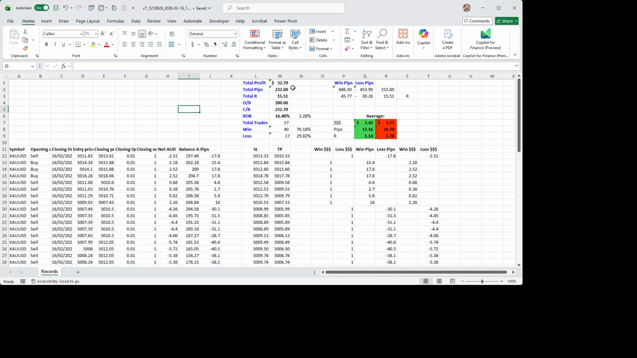you can see here $32 profit this morning. There's 232 pips. It's 15R. Started with 200. We're at 232, 16% return. 57 trades made, 40 wins. That's 70%. 17 losses. And if you move across this side, you've got $2.42 to $3.77 loss. You got 17 pips average per winning trade. You got 26 pips loss there, so it's 1.14 R with 1.78 R